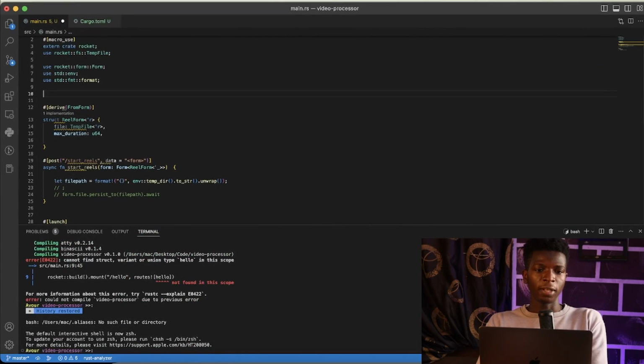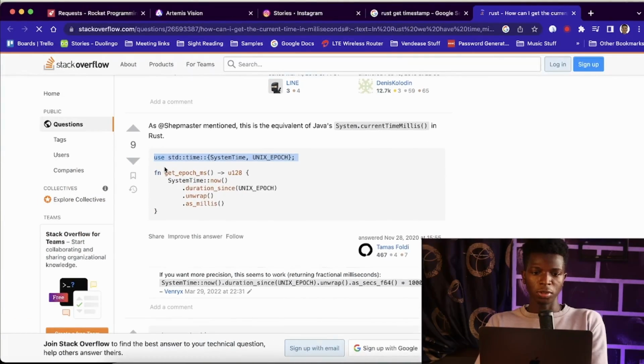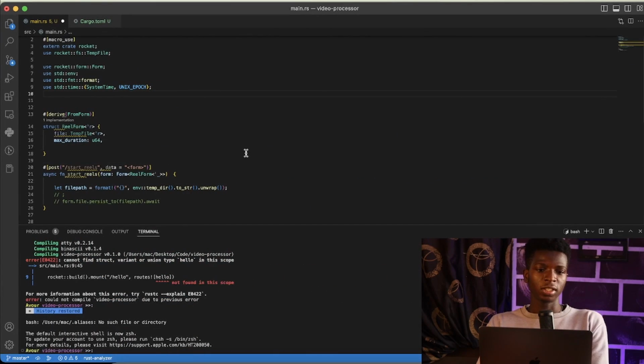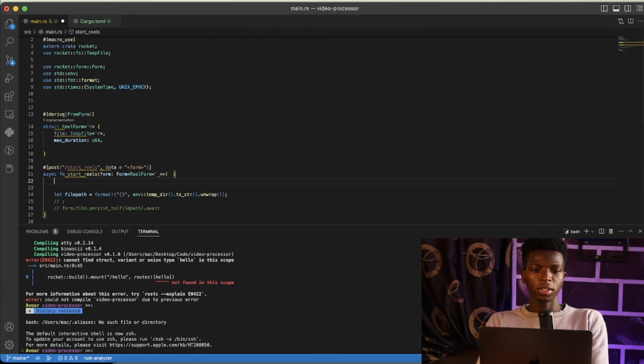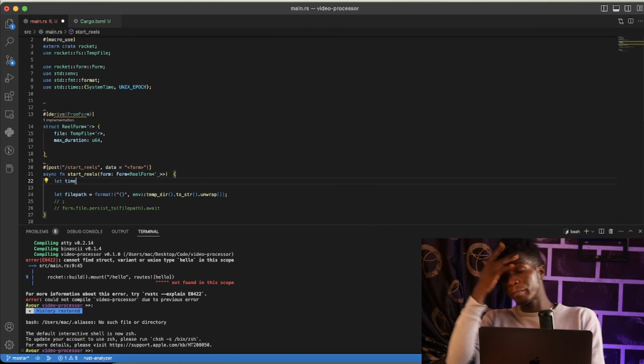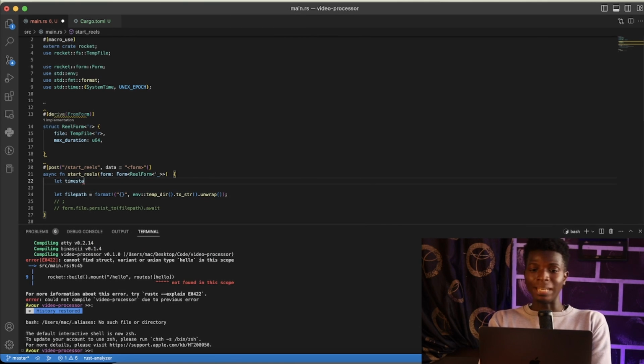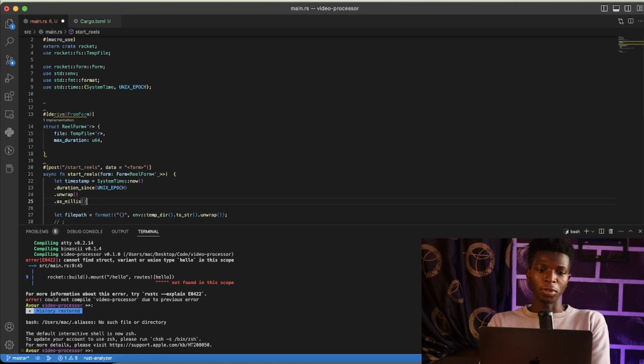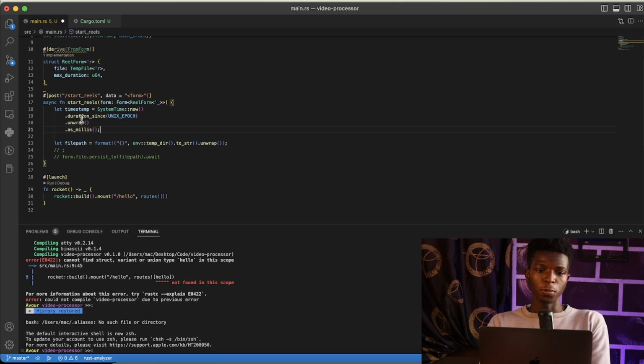So we're going to import time. We're going to use this solution to get the timestamp. That's better. This is a u128. Interesting. So let's say let timestamp, and why we are using timestamp is so that we have a unique name for each file that goes into the server temp directory. Timestamp will be equal to this. So that gives us this. So we're going to be like temp directory